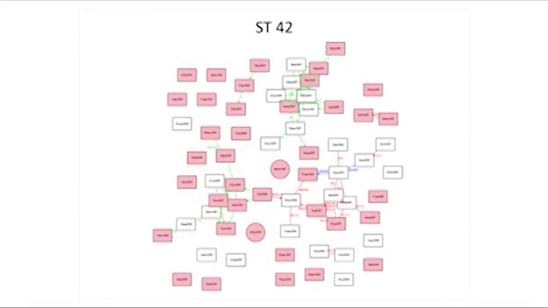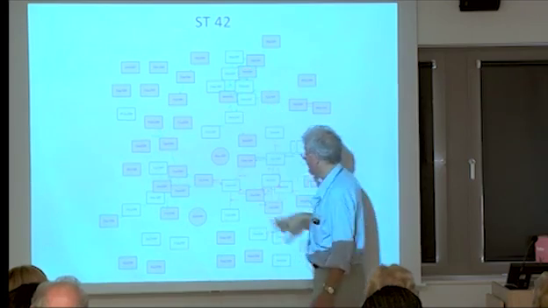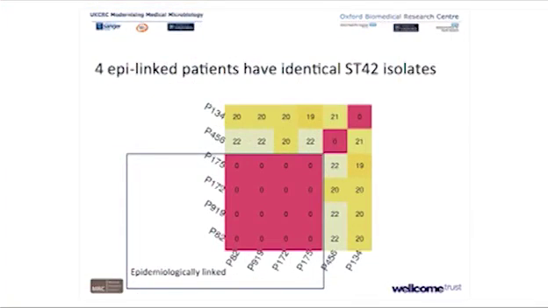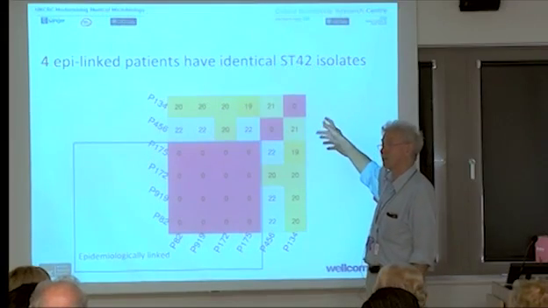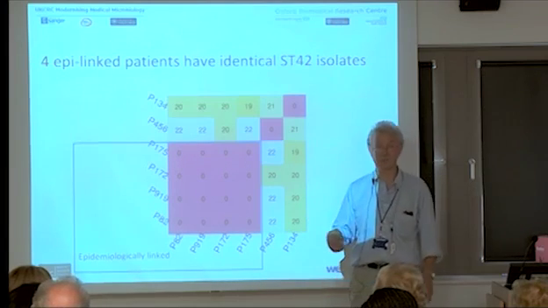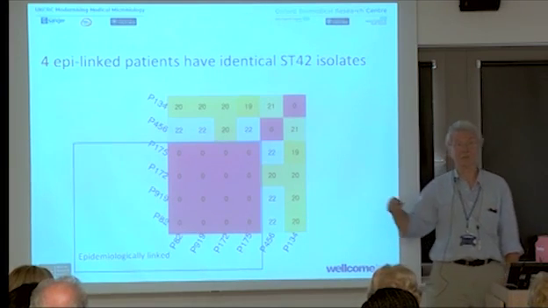We've got another pedigree, and you've got a cluster here, a cluster there, a cluster here. We thought this cluster looked interesting, so we took 4 from here, 1 each from there, and we looked at their whole genomic sequences. The 4 that came from the one had no differences in them, and each was very different from the other. So this little pedigree came into this environment at least 3 times from this little bit of data we've done, and they were not all related. So it wasn't like the hospital was the source for all of it. They came from somewhere else. But once in, it spread around the hospital a bit.